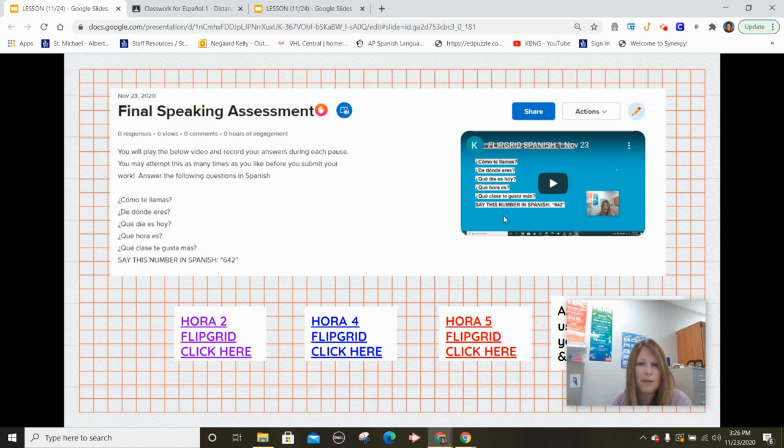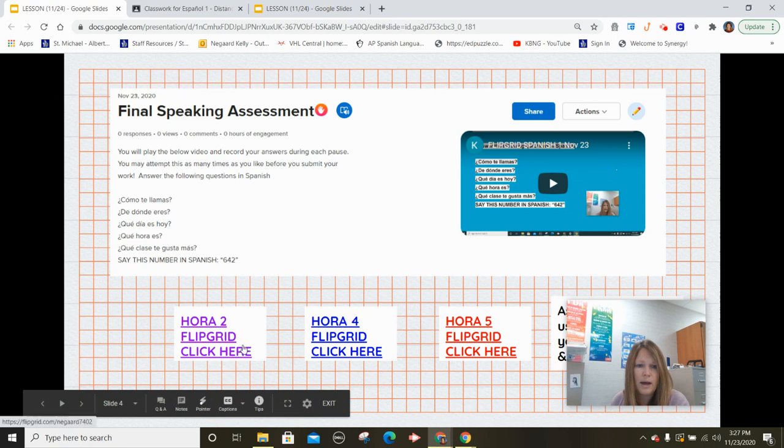Some people maybe want that playing while they're recording, so you might need to use a phone and a computer at the same time. But all you have to do is answer these following questions in full sentences in Spanish, not in English. And then there's a number for you to say in Spanish at the very end. These are each worth 2 points. If you don't say this number in Spanish, you won't earn those points.